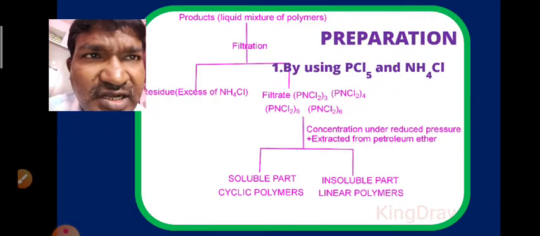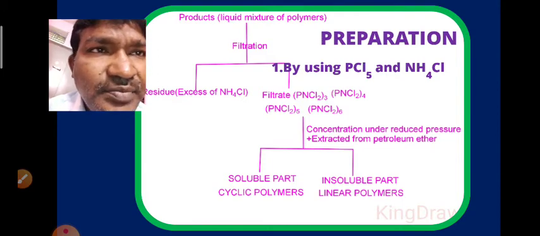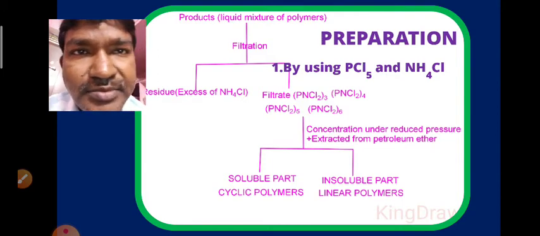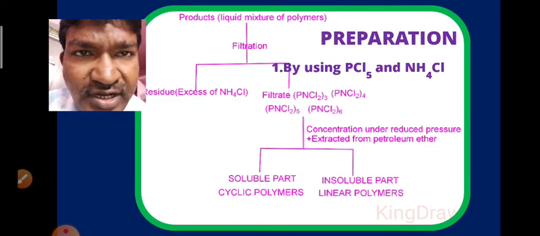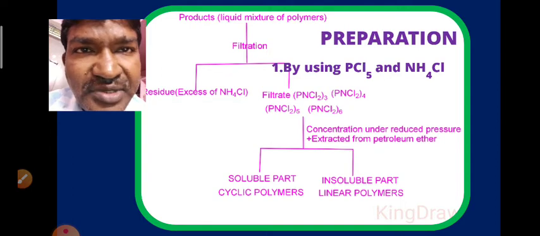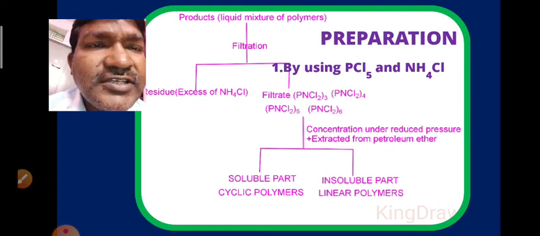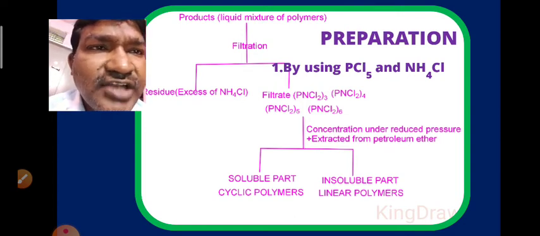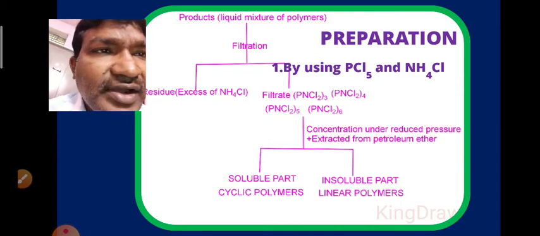Here in this method we get a liquid mixture of different polymers. We don't get a single product. Actually we get a mixture of polymers, and from that liquid mixture, the excess ammonium chloride is crystallized and removed in the form of residue, and the remaining filtrate contains